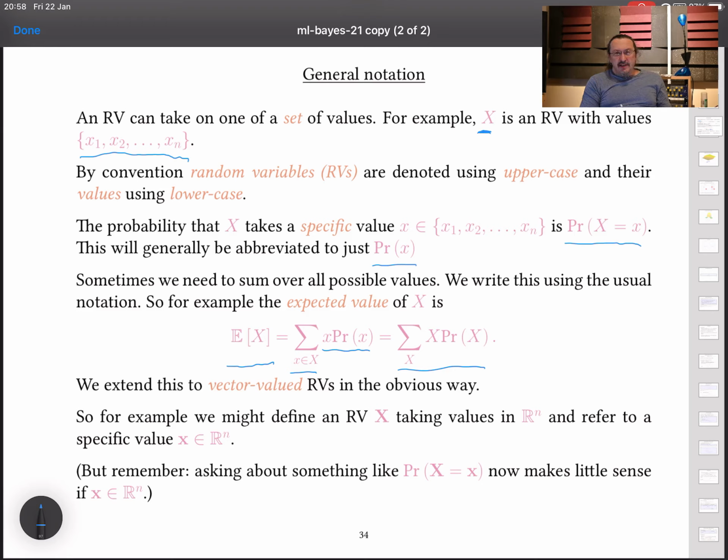And everything can be extended to vector-valued random variables in the obvious way. You're then having multiple sums or multiple integrals, but the fundamental manipulations and calculations that you do are really the same. Again, there's some guidance in the handout that I talked about in the first lecture as to how to think about that kind of stuff.